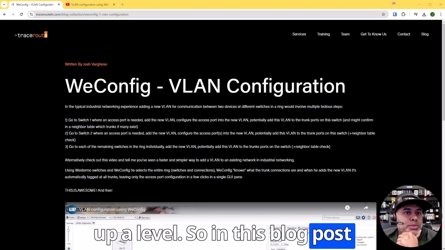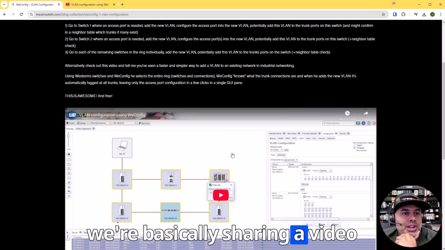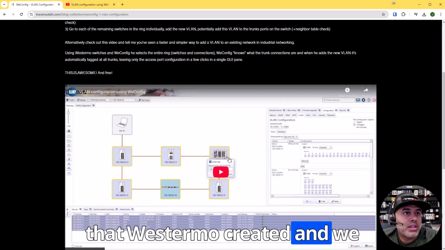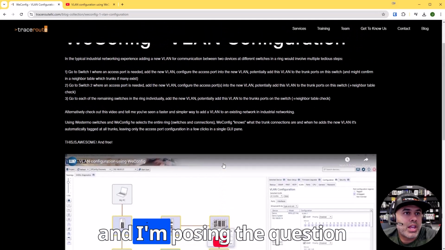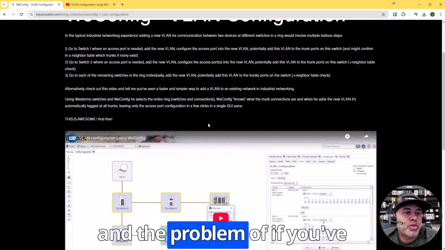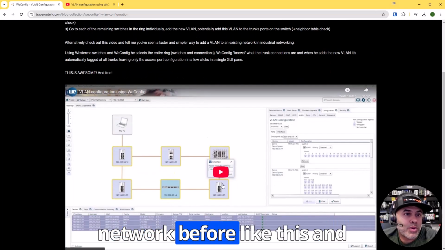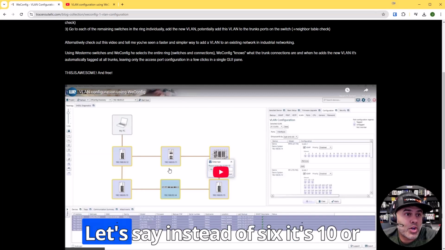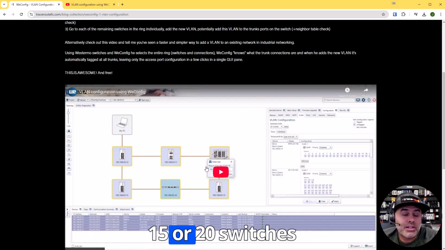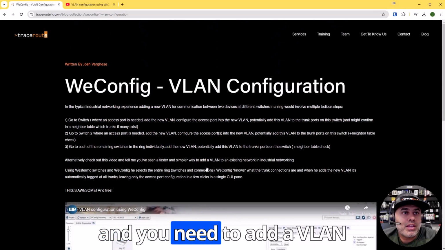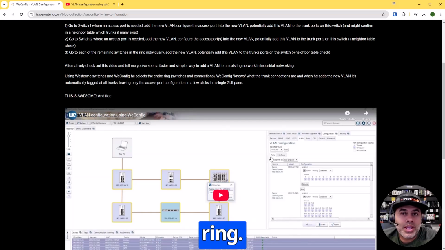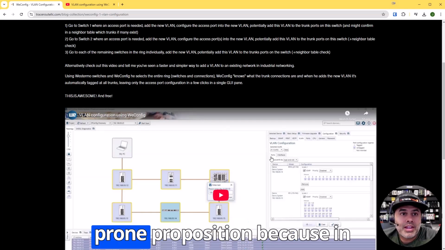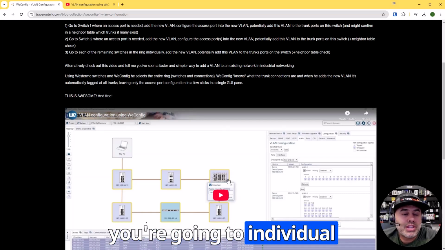So in this blog post, we're basically sharing a video that Westermo created, and we have a little basic architecture here of 6 switches in a ring, and I'm posing the question and the problem of, if you've ever set up a managed network before like this, and especially if it's even larger, let's say instead of 6 it's 10 or 15 or 20 switches, and you need to add a VLAN and kick out some access ports in that VLAN all around this ring, that is a tedious and error-prone proposition, because in many of these platforms, you're going to individual switches